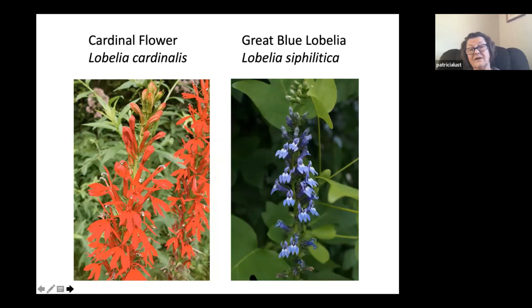The blue one, not quite as tall as the red one, but they are both just exquisite. They both produce tiny, tiny, tiny seeds that you'll never even notice, but they will reproduce by seed. The blue one, the great blue, will also form little plantlets around the base of the plant, right above the